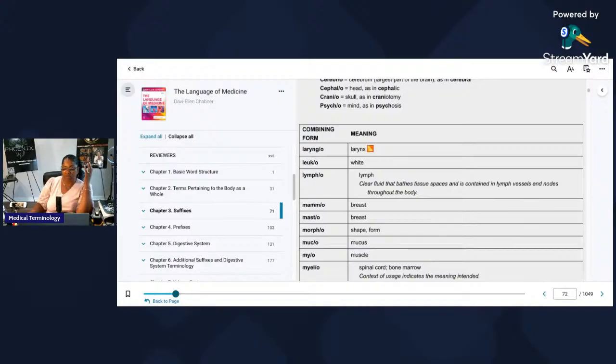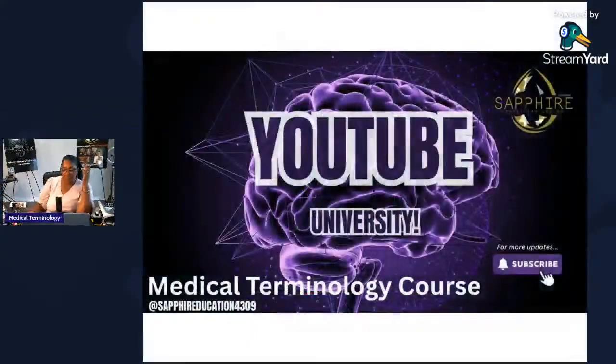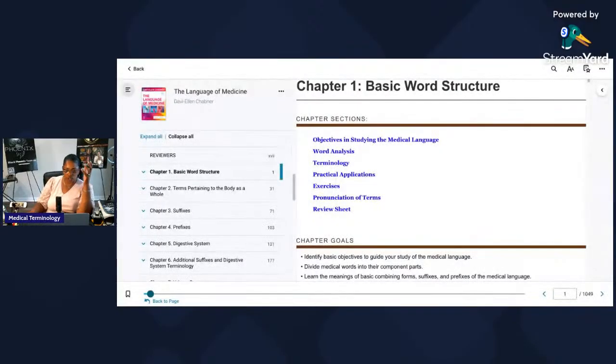But again, we're just going through this book because medical terminology is the only way you're going to get in there. But again, that's not the chapter y'all are on. This is the chapter y'all are on. Because we just started the class, we're pretty much doing our introduction, and you guys are going to start on what we just went over.